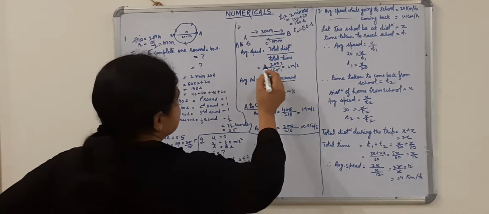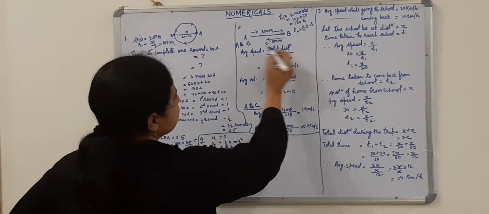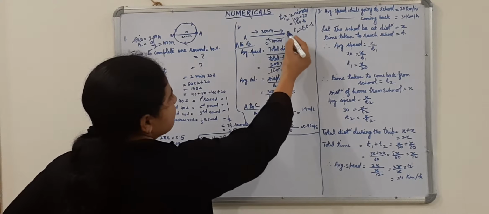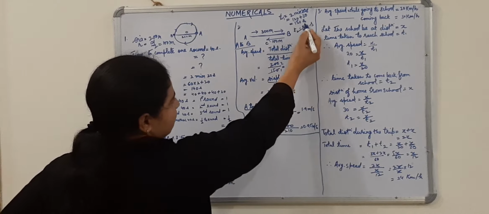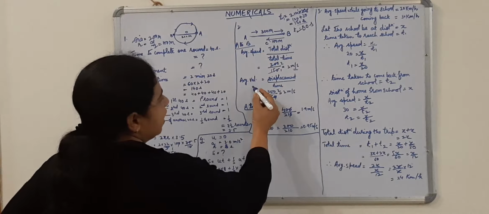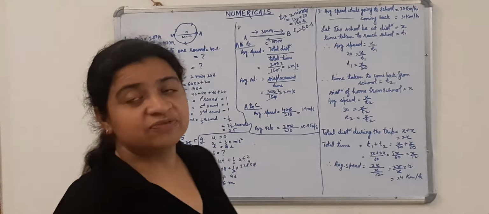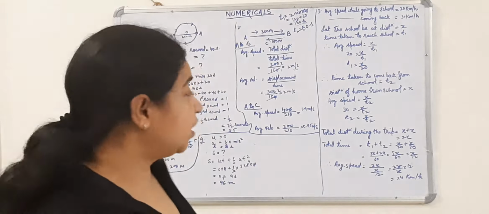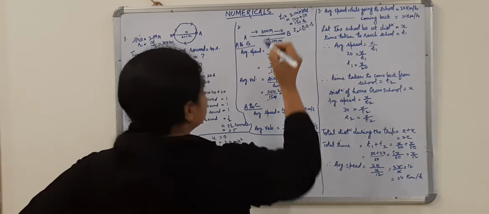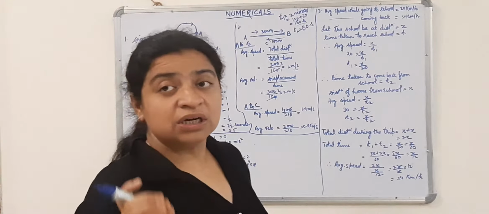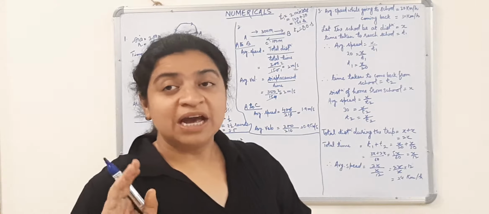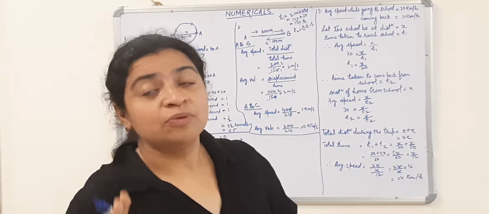Now, in the first case, average speed is equal to total distance from moving A to B, when he is moving only from A to B. The total distance is 300 and time taken is 150 seconds here. So that is 2 meters per second, the average speed. And average velocity, we know that average velocity is equal to displacement upon time. We first have to find out the average velocity from A to B.